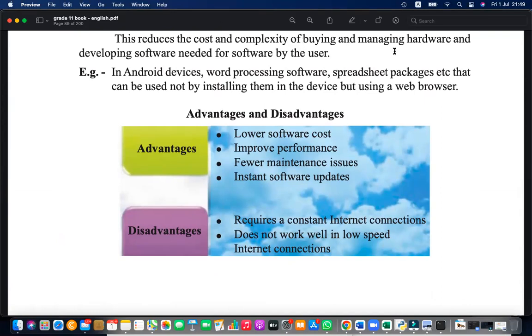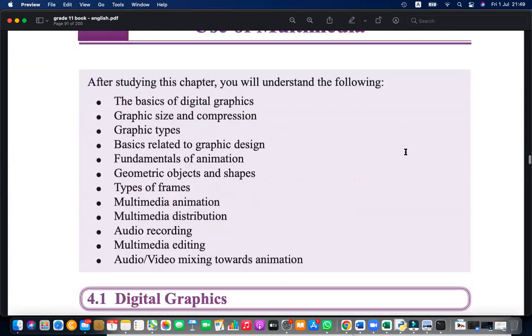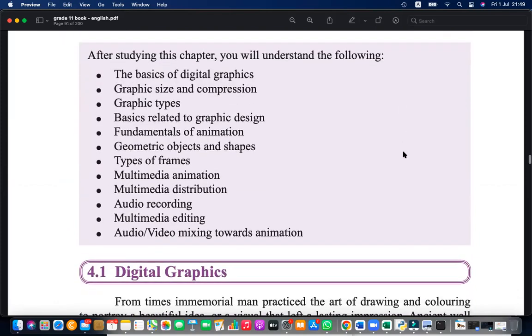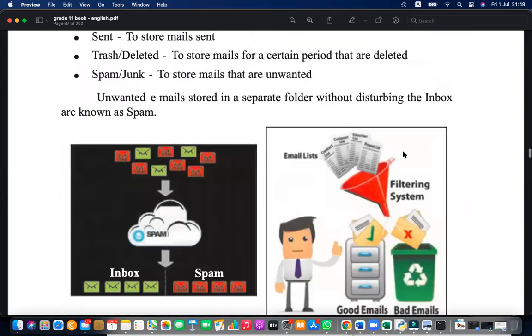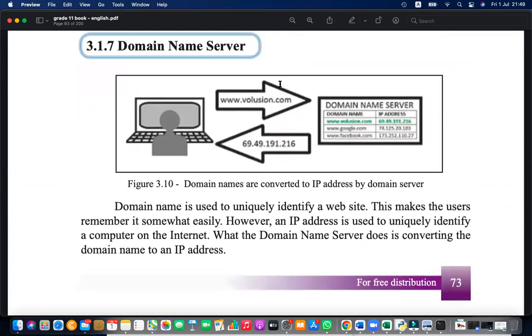Okay, I'll stop from here. Good night. See you all next day. Next day, I'll be discussing the fourth lesson, use of multimedia. Before that, I need to revise the second lesson as well because you're missing that.